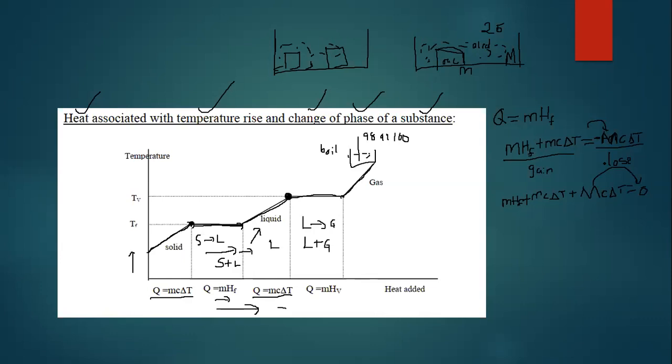So you will actually see that when we have the session for WASIS, you have to pay attention to the heat of fusion or the specific heat capacity of what substance, because specific heat capacities are different. For water, it's different. For alcohol, it is different. And for many, many other substances. So you have to be able to take note of that and put that into consideration. But otherwise, if there is no other question, we can call it a day.